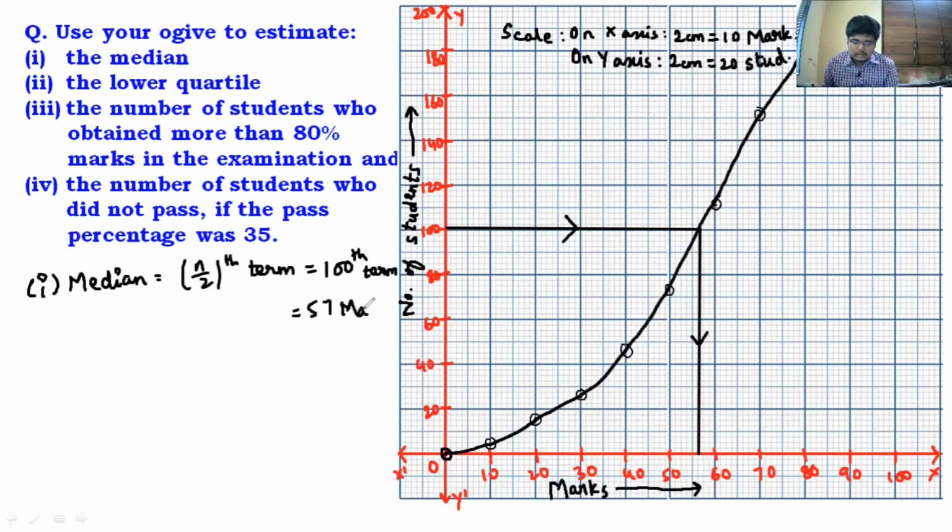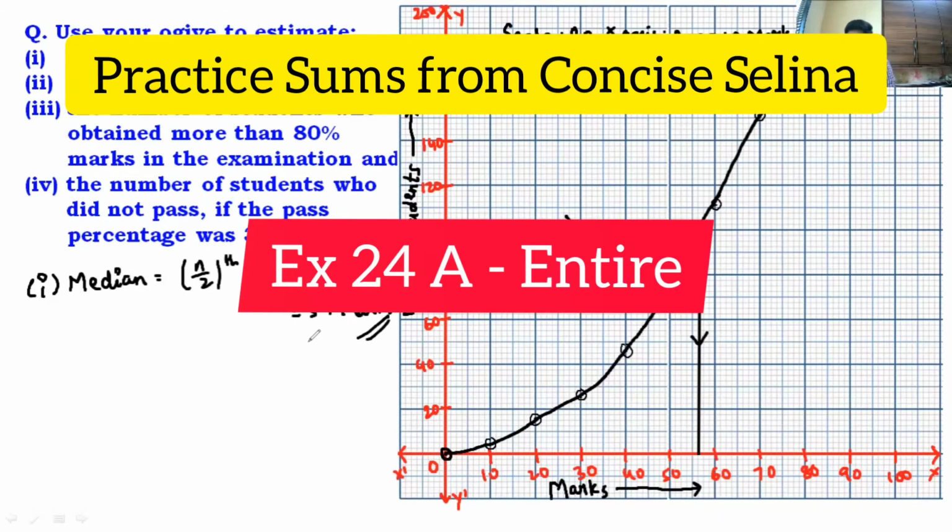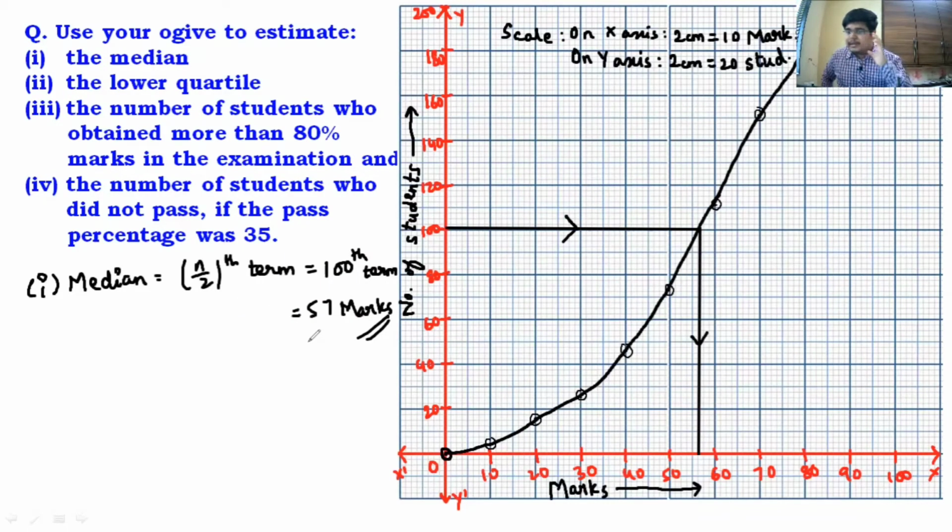marks. So now the rule is, guys, now understand this very carefully, that in ogive, the rule is if the answer is 57, 1 millimeter difference is allowed. So in this case, if you are getting the answer between 56 or 58, you'll get full marks. But if you get 55, you will lose your mark. So you have to be careful about this. And I'll tell you at the end of this video how to practice this ogive, because trust me, if you don't practice it well, your curve will not be very smooth. And if the curve is not smooth, it's gone. The sub questions will be wrong. All right. So it depends on the smoothness of the curve.